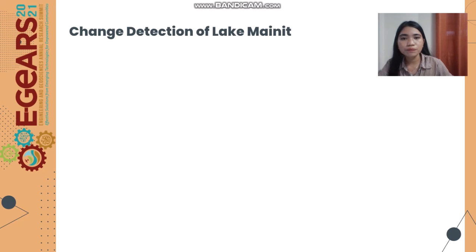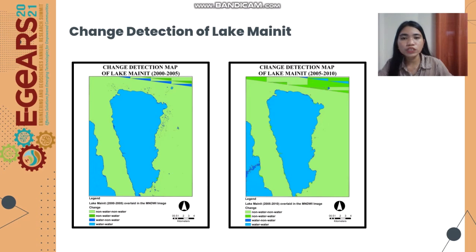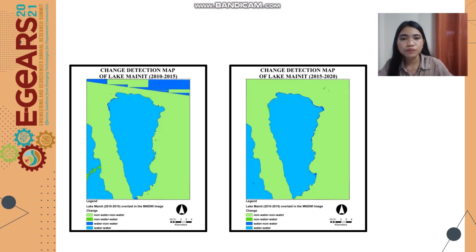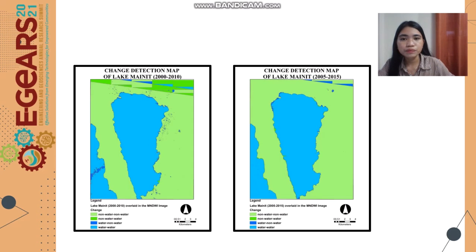These figures were the change detection maps of Lake Mainit between 2000 and 2005 and in between 2005 and 2010. These were the change detection maps of Lake Mainit between 2010 and 2015 and in between 2015 and 2020.